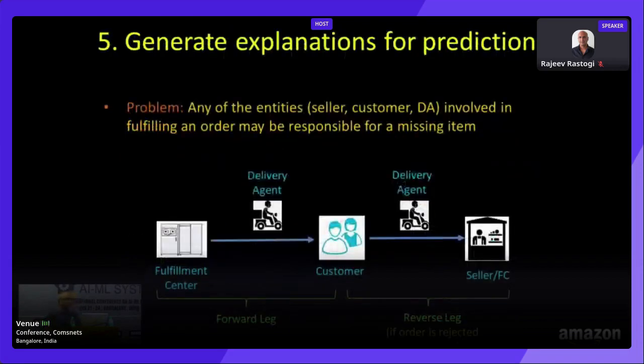The fifth best practice is around explanations. Now, fulfilling an order involves multiple different entities. You have customers, you have sellers, you have delivery agents. Any of these entities may be responsible when an item goes missing. So for example, and this happens quite often, if a customer complains that they've received a bar of soap instead of a smartphone,